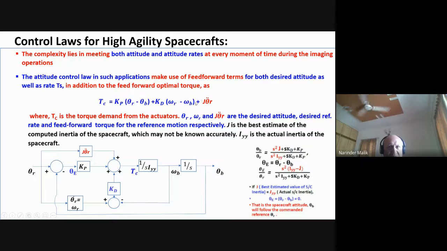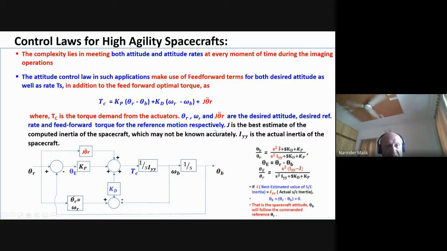See, in the feedback system, we have only this portion. This is what is called a feed forward term. Normally what happens in a typical control system is you sense the error, you apply the torque, and the response will take place slowly. But here we want the spacecraft to respond quickly. So we have to give a torque with the desired torque in real time, which will produce that desired motion. So that's why theta r double dot is coming into the picture.